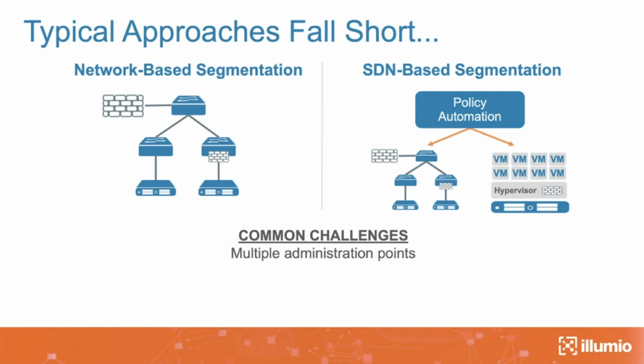So even if you say I'm going to have my north-south firewall, and now within my data center, as I want to keep segmenting, I'm going to put an internal data center firewall, and then create zones and put stuff in zones, and then write policies for which zone can talk to which zone. You do have multiple administration points that you now need to configure this firewall for. Right? Even if you had a single pane of glass where you can configure all the different firewalls inside your data center, these still are different firewalls.